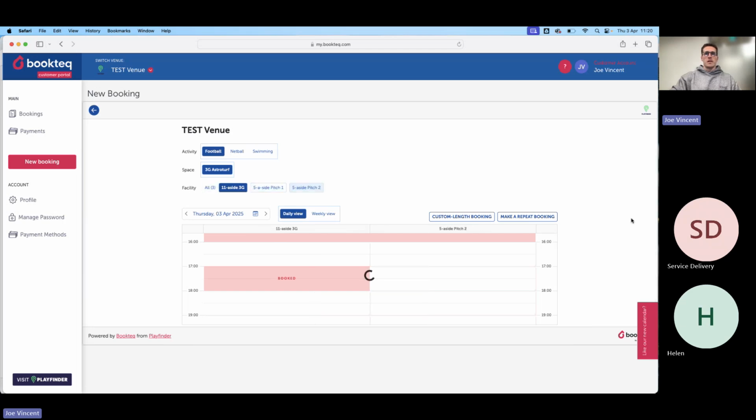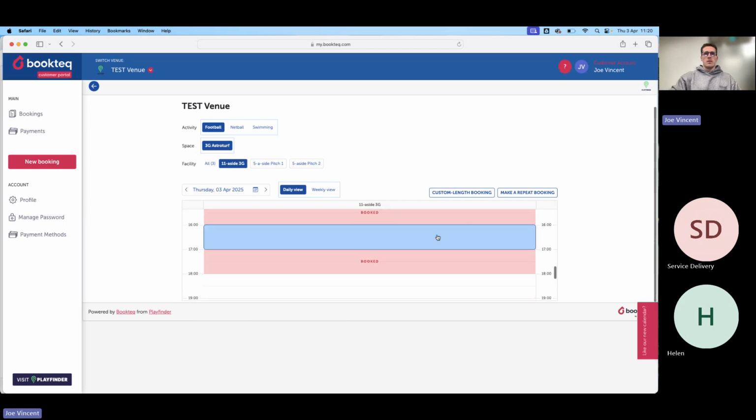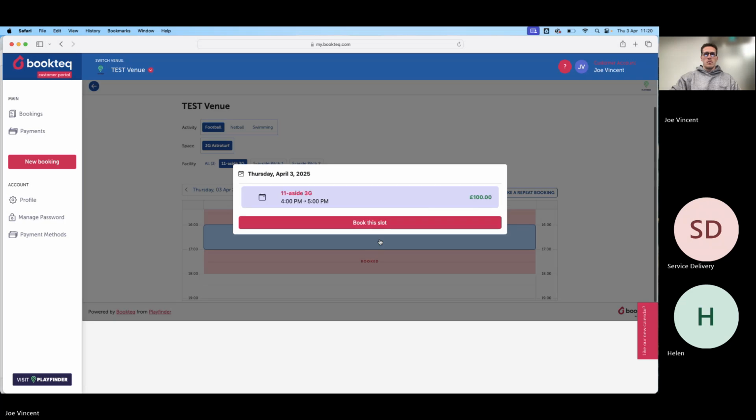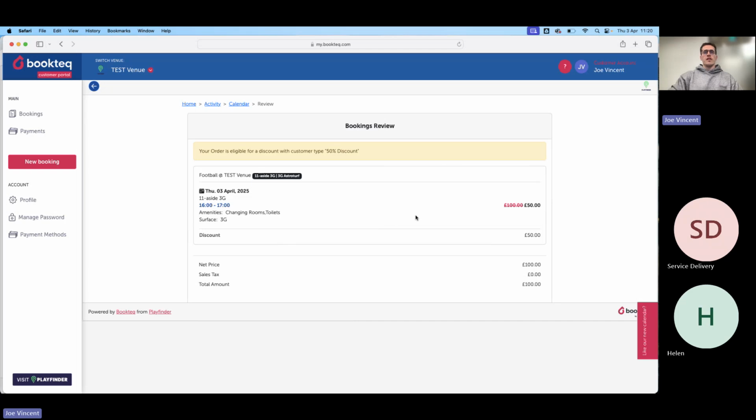But if we just untick the two, as we look to make one booking, we'll click into the slot here, 4 till 5. We go into book the slot. So you can see the discount for this particular customer. So for my test account, you can see that the tab at the top here is showing you the discount